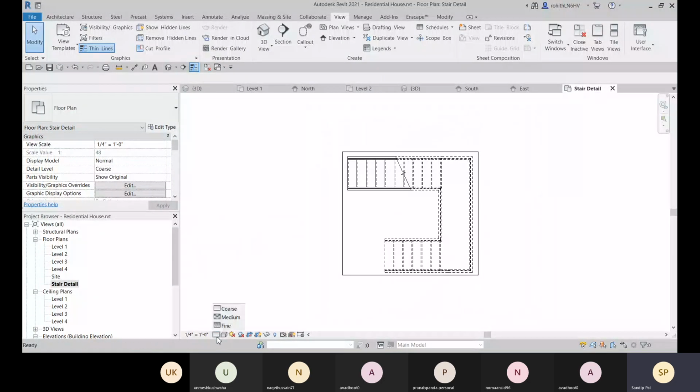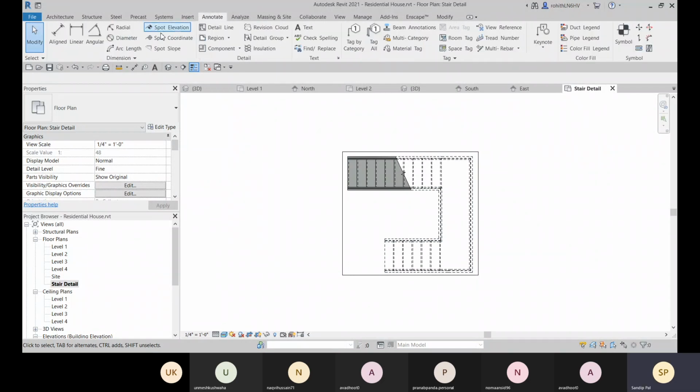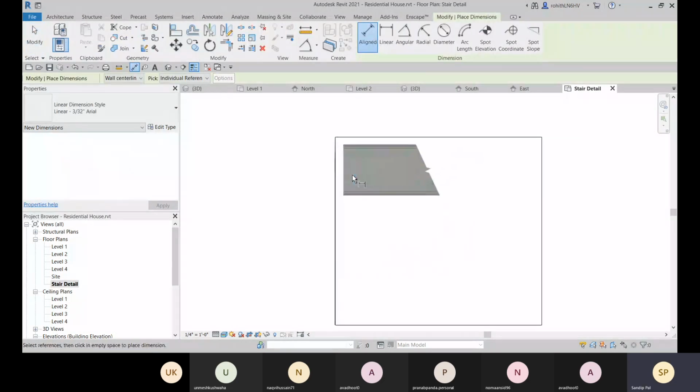You can make it fine with the details and make it realistic, and there you can provide all the dimensions. Go to annotate and provide all the dimensions.